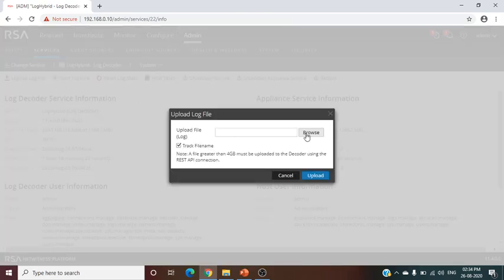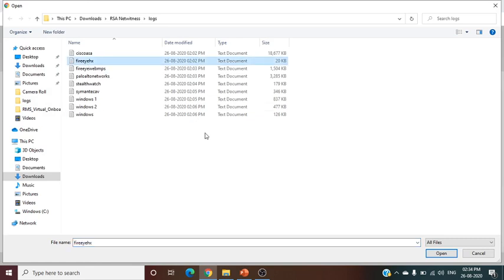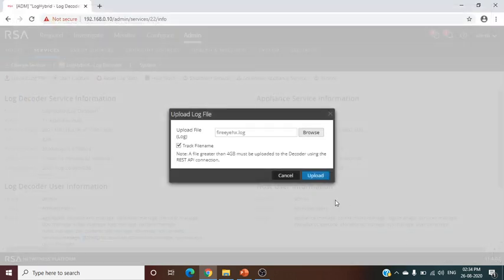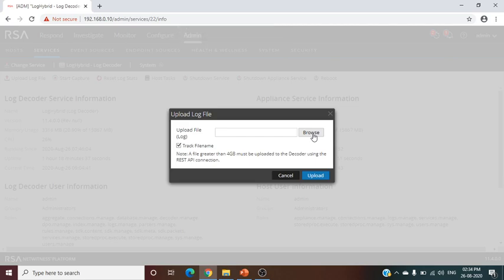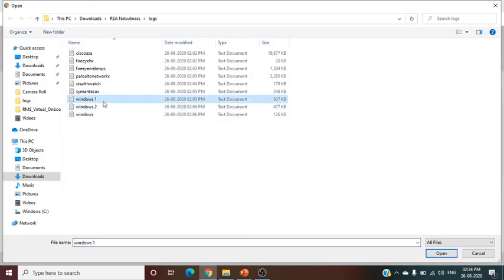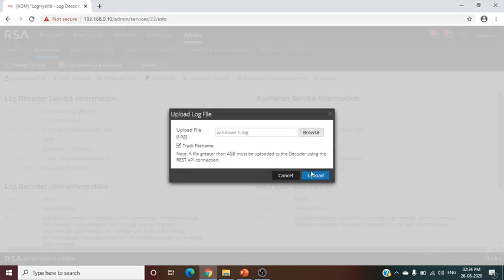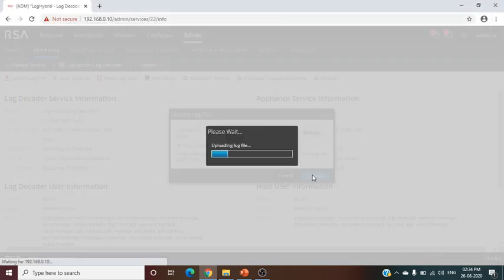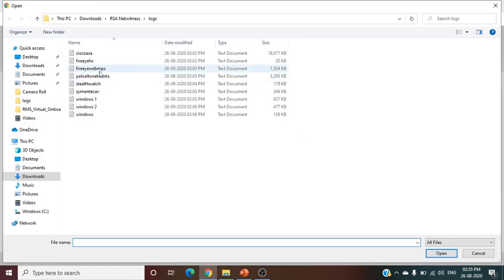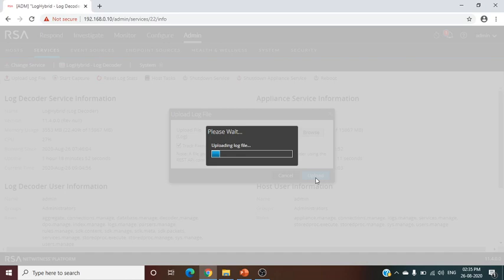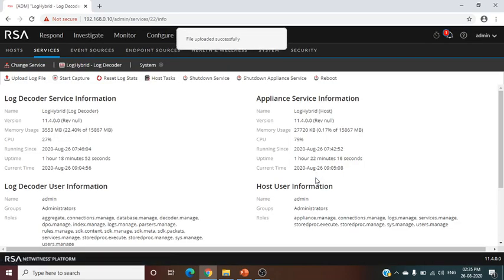I will upload some other file, FireEye HX. Uploaded successfully. Now I have some Windows logs. Uploaded successfully. Device log is uploaded successfully. So we have uploaded raw logs.